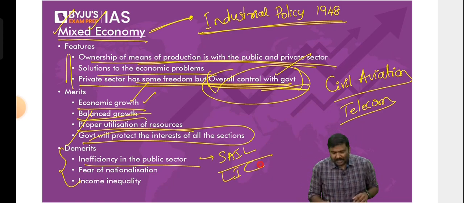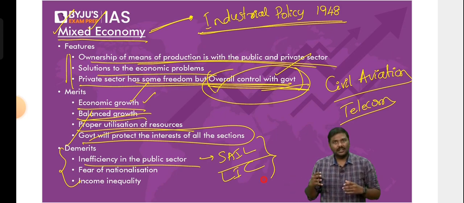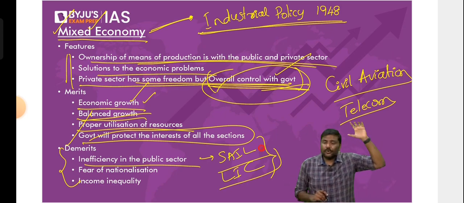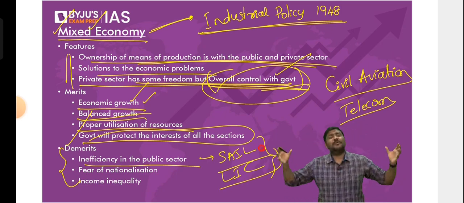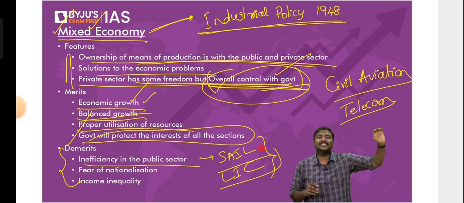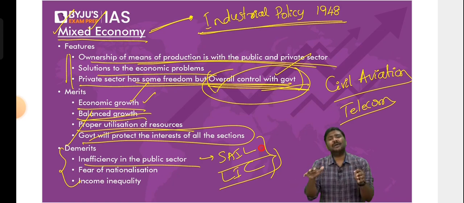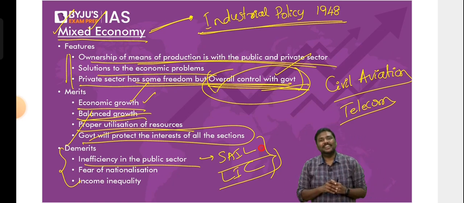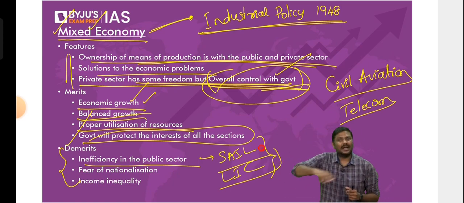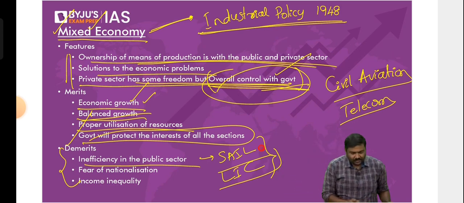So our argument is that with public sector entities, there is always a concern that they may not perform very well. The best example is in India. So don't just say LIC is performing very well. If you look at earlier, three or four decades ago, we had a lot of public sector companies. Today the numbers are much lesser compared to what we had in the 70s or 80s. Why? A lot of these public sector entities did not perform well and incurred a lot of losses. The reason is simple here. Whenever these are owned by the government, they are not focused on efficiency. They are not focused on investment in R&D. Because they are unable to compete in the market, they incur losses and are forced to shut down. So inefficiency in the public sector is a concern.